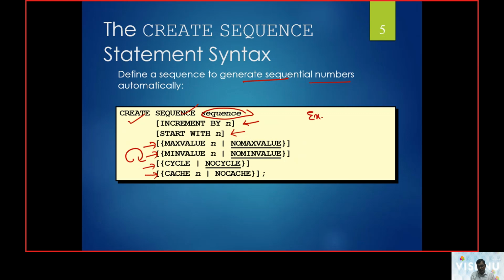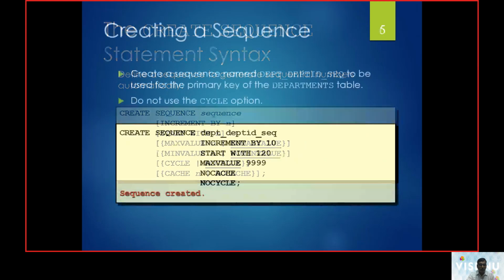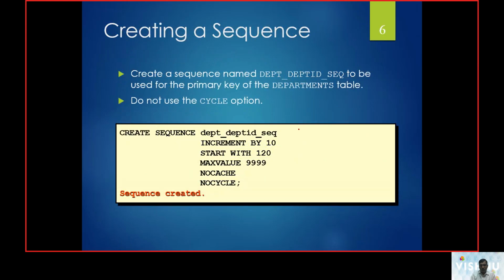For example, if I'm going to have 1, 3, 5, 7, you can see here it is plus 2, plus 2, plus 2. So now I can say increment is equal to 2, and then start value is equal to 1. Now I can give this model a start value of, say, 9. Then what happens? It goes 9, 11, 13. In this way, it is going to generate the automatic values for the relation.